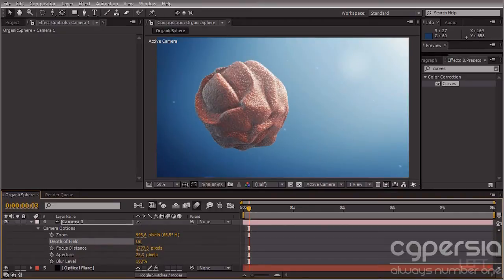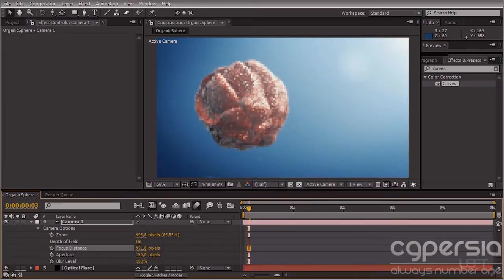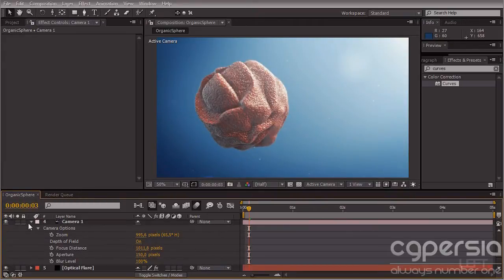Let's enable it, and we are going to increase the aperture to maybe 150, and moving the focus distance we're going to find our object. Here it is, and this looks great. So let's close the camera,